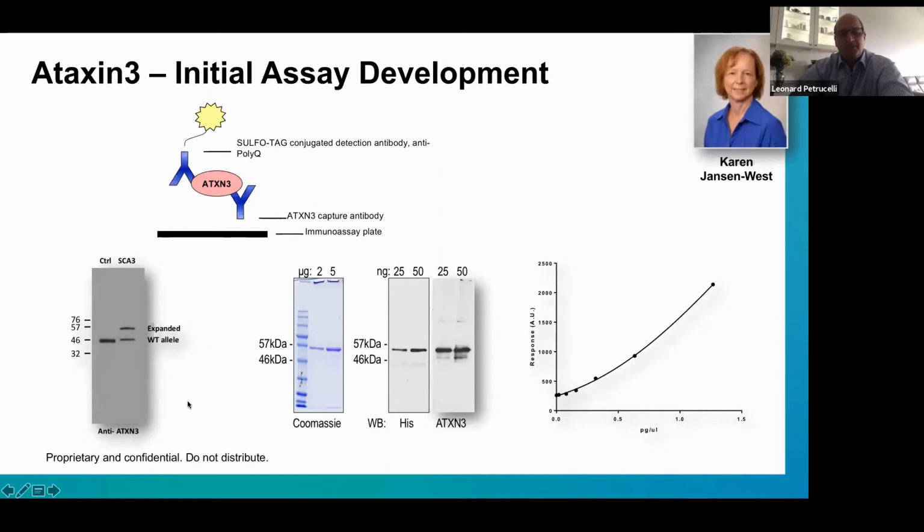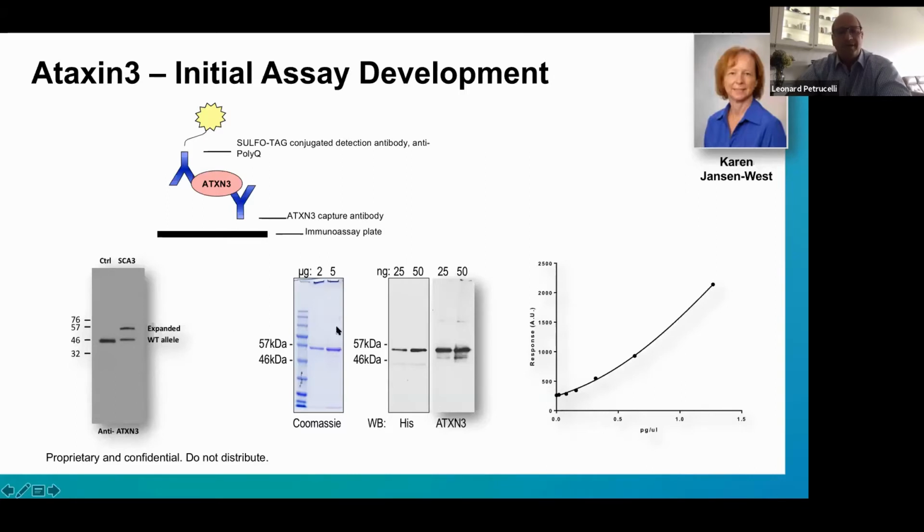One of the first steps my laboratory takes to develop these assays is screening the available commercial antibodies, if they are available. Shown here is a Western blot from a patient fibroblast, and you can appreciate that at least this one antibody, which detects total ataxin, can detect quite nicely both the expanded and the wild type allele in the SCA3 patient. In the control healthy patient, it detects both species, but under these conditions it's impossible to resolve the two alleles, since they run at a similar molecular weight.